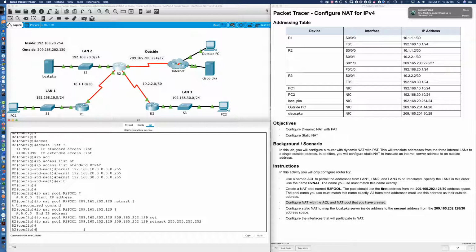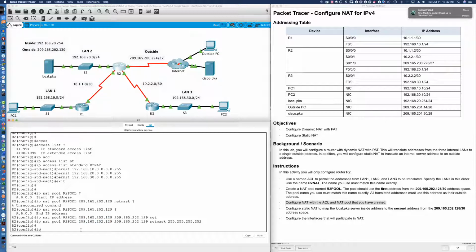NAT inside and outside statements down on the interfaces, which inside local addresses are eligible for translation to an, I said local, yeah, which inside local addresses are eligible for translation to an inside global IP. And here's my inside global IP that we're using right there.